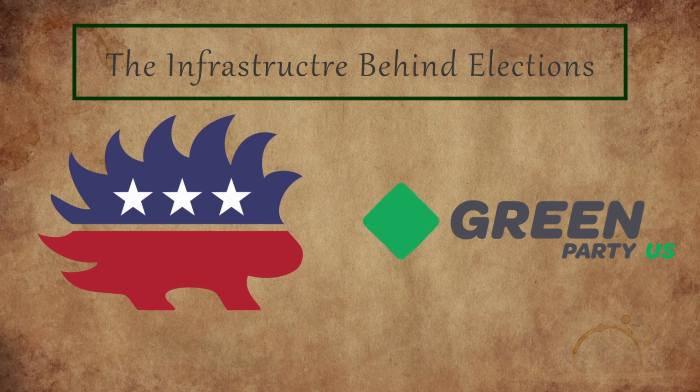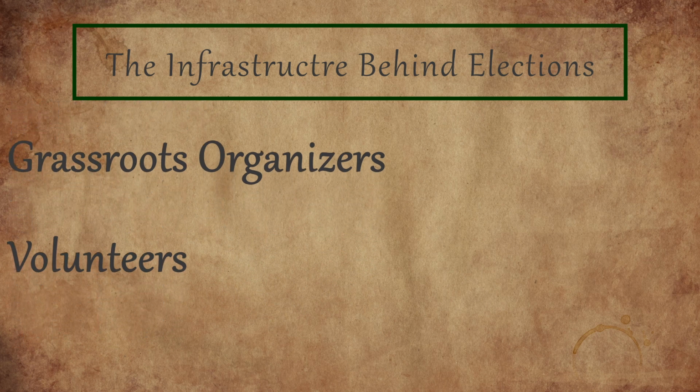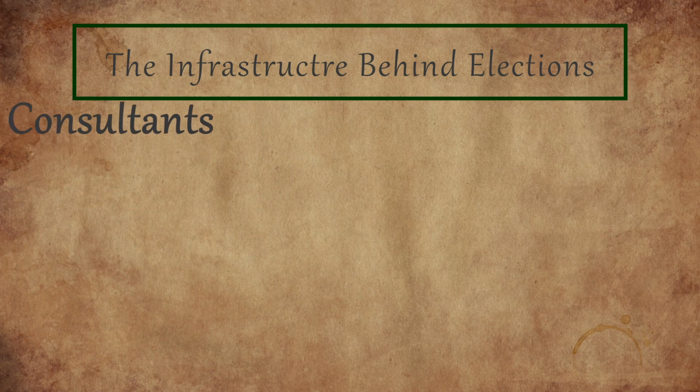As newcomers to the political arena, they don't have nearly the same network of dedicated voters, fundraisers, grassroots organizers, volunteers, and consultants as the two major political parties. This lack of key resources makes it incredibly difficult for minor parties to even participate in the political process. As an example, this lack of resources often prevents candidates from minor parties from even getting their name on the ballot. Laws concerning ballot access vary widely from state to state, with many different requirements regarding things such as filing